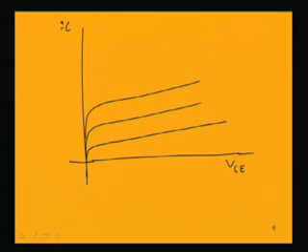So, it will lead to a very high current, and that is the avalanche breakdown, and at that point the collector current will be rising to a very high value, and the collector to emitter voltage VCE is almost the same for all the characteristic